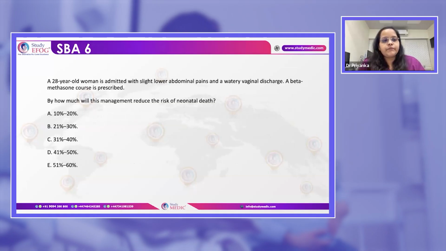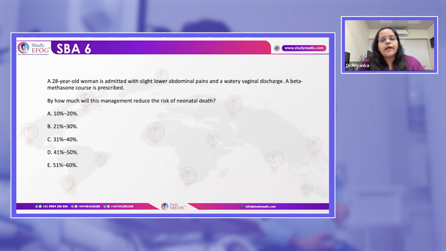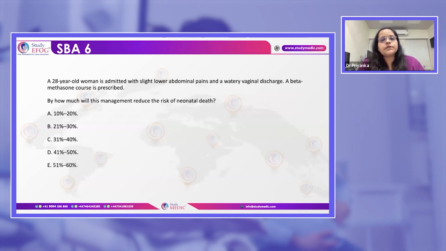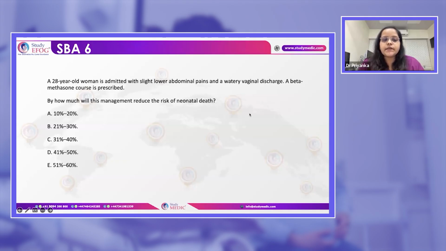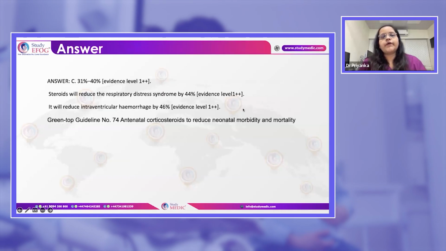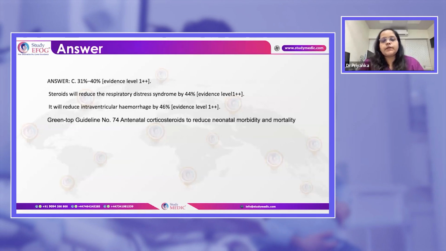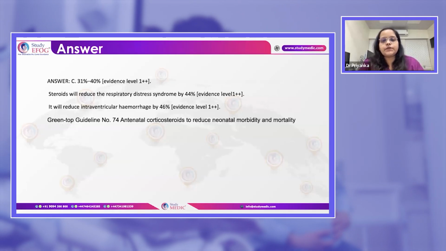Coming to question 6. Here she is a 28-year-old woman and she has slight lower abdominal pains and a watery vaginal discharge. She has received a course of betamethasone. So here the betamethasone, that is the steroids, by how much percent will it reduce the risk of neonatal death? The answer here is 31 to 40%. Steroids can reduce the risk of respiratory distress syndrome, that is RDS, by 44%, intraventricular hemorrhage risk by 46%, and neonatal death risk by 31 to 40% according to the Green Top guideline on antenatal